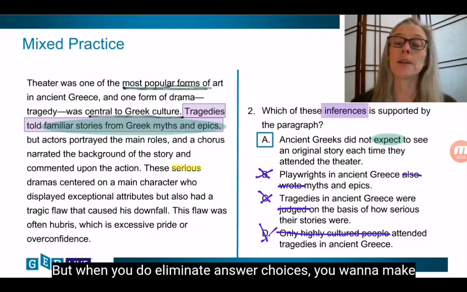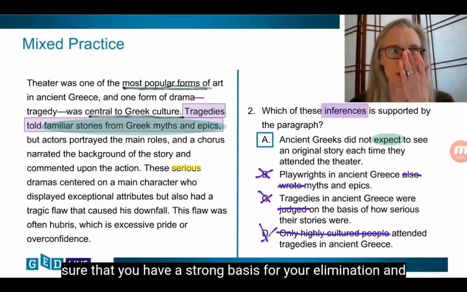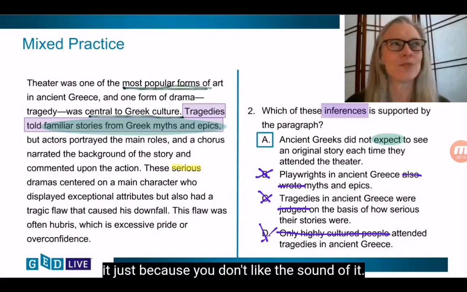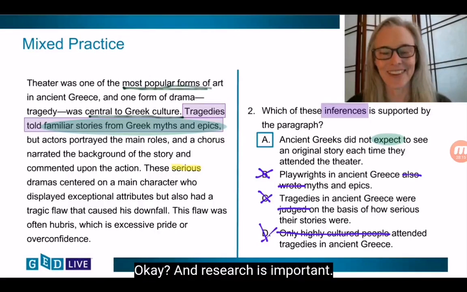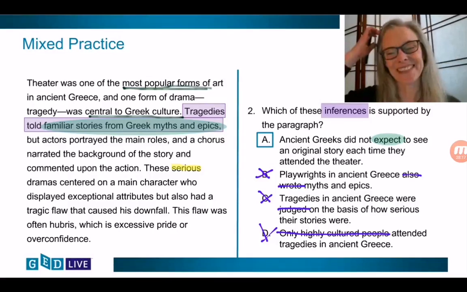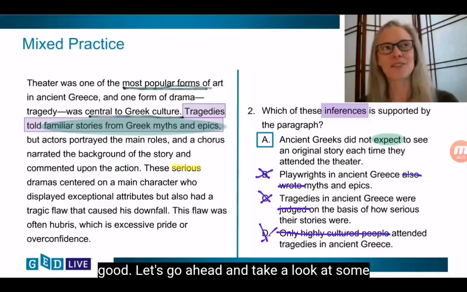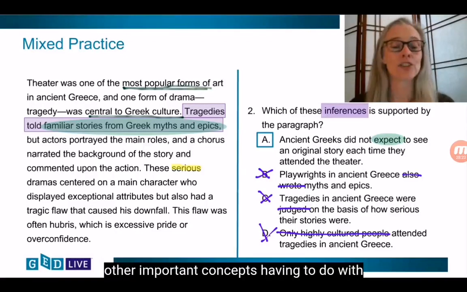But when you do eliminate answer choices, you want to make sure that you have a strong basis for your elimination, and that you're not eliminating it just because you don't like the sound of it. Okay? And research is important. So, good. Let's go ahead and take a look at some other important concepts having to do with